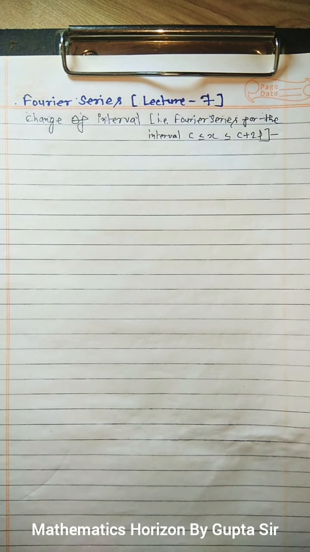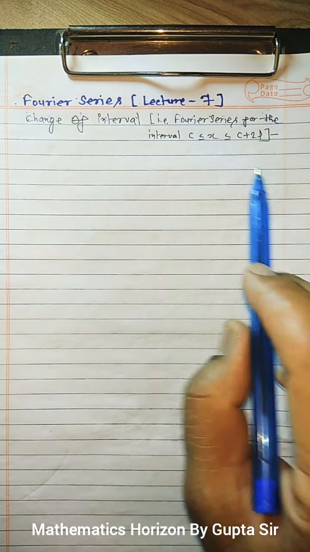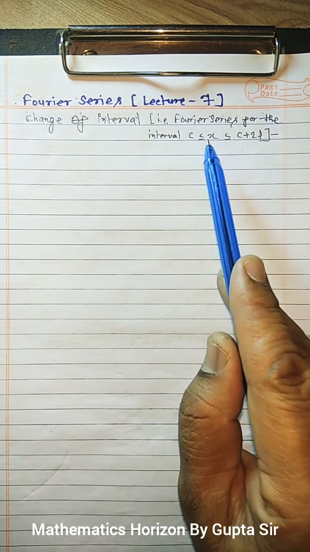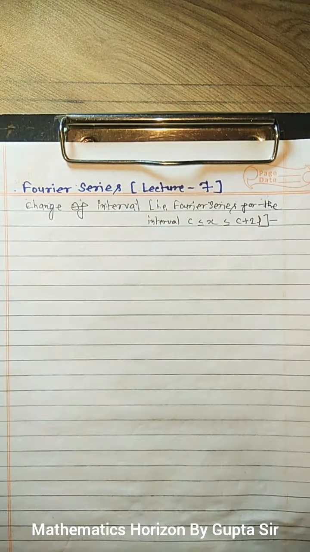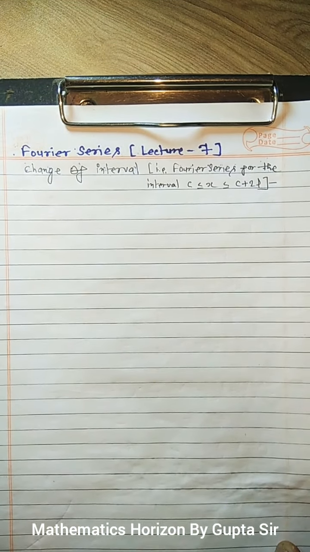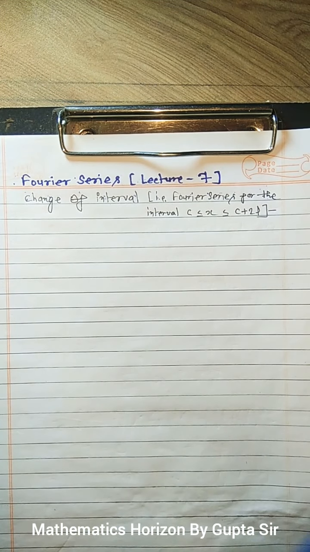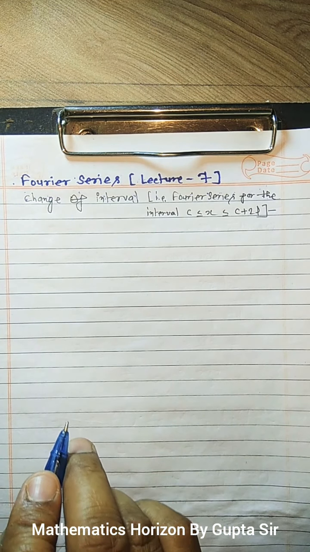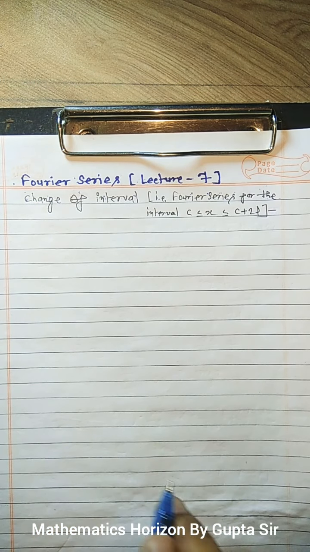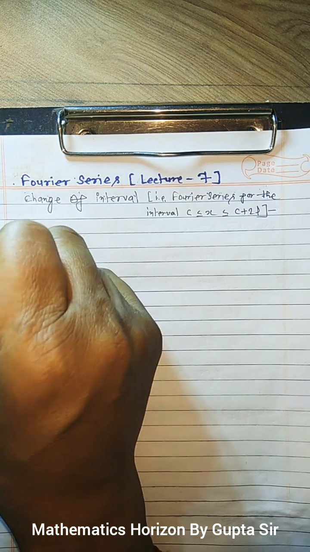Dear students, in this lecture we will discuss Fourier series for the different interval c less than or equal to x less than or equal to c plus 2l. We know that the Fourier series of f(z), we know that